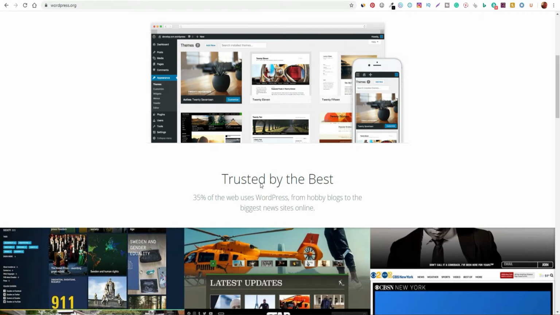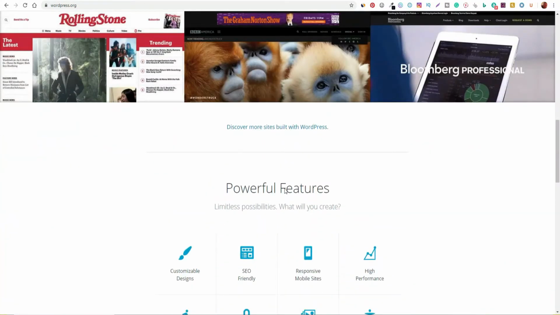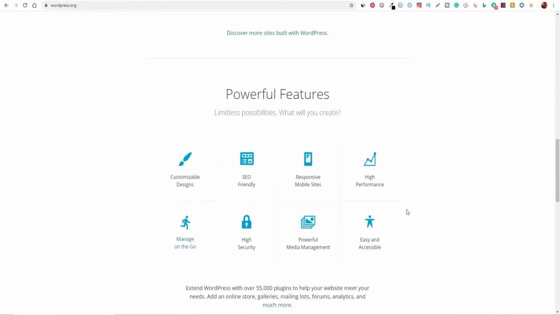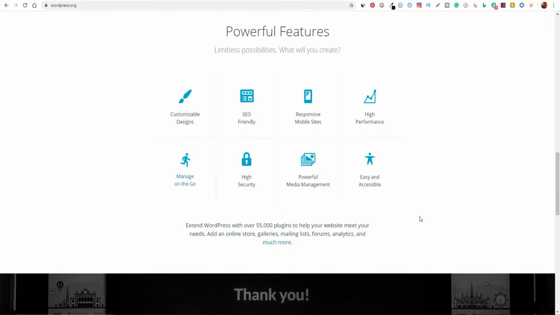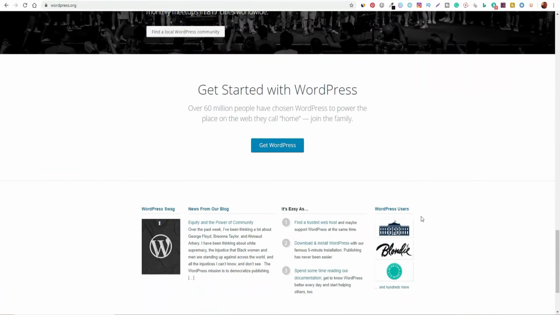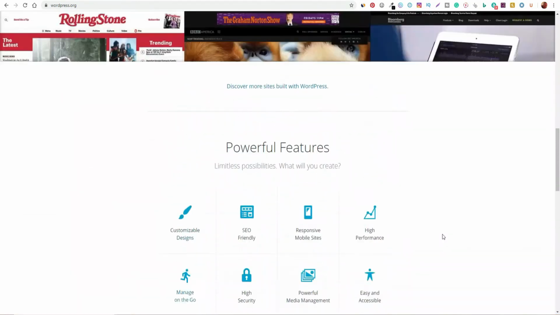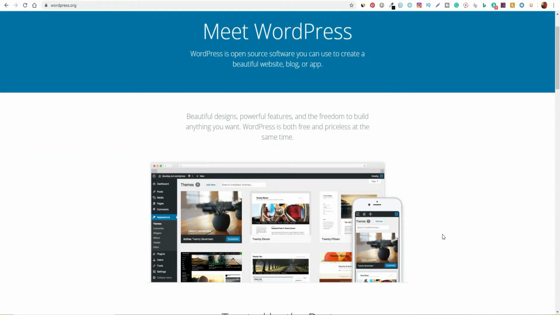It does have a bit of a learning curve, which is the reason why it's on this list. Even though a beginner can come in with relatively little skill and create something from it, in order to unlock a lot of its other potential, you will need some more advanced skills. But this is where WordPress excels, because it caters for both parties. If you just want to get involved on the beginner side, you can literally sign up, integrate a page builder, go to town on it and create whatever it